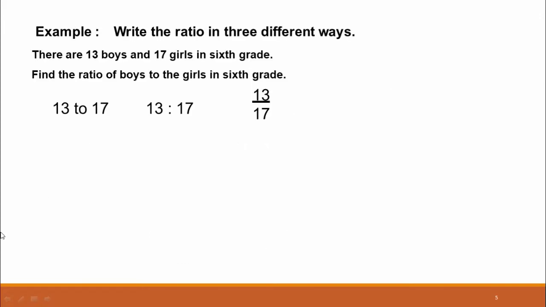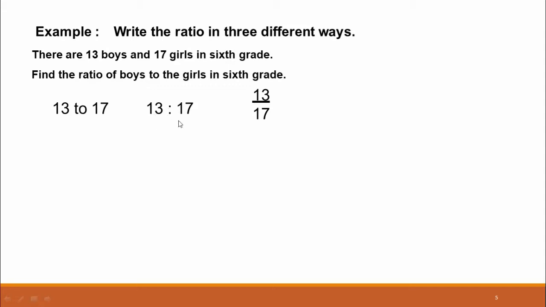Now, for example, there are 13 boys and 17 girls in a 6th grade class. Then how can we present these quantities by ratio? Since I have already told you that there are three ways to write the ratio between the boys and girls in this example. So we can write 13 to 17. This is the first way. Using this word "to", we can present the ratio between two quantities,